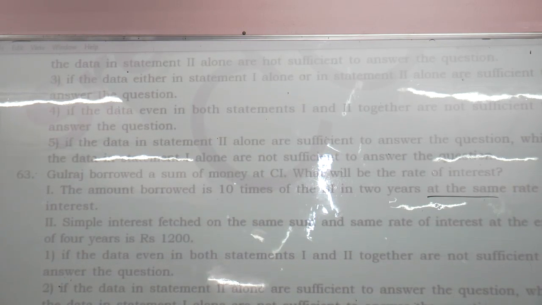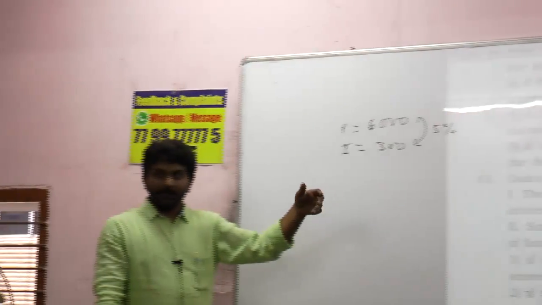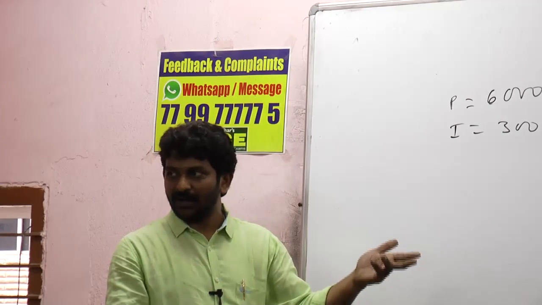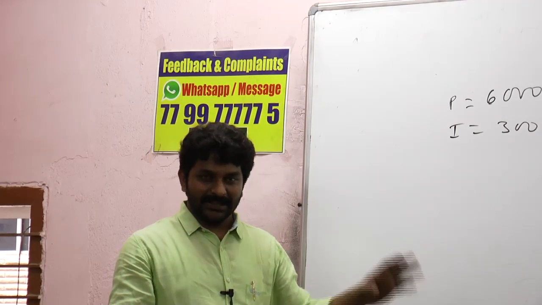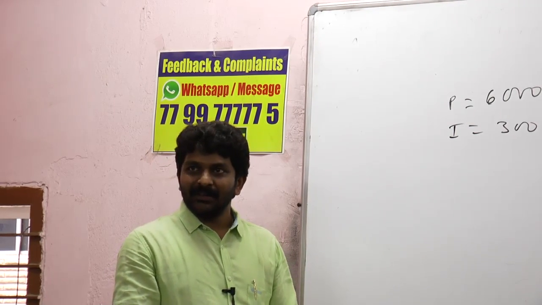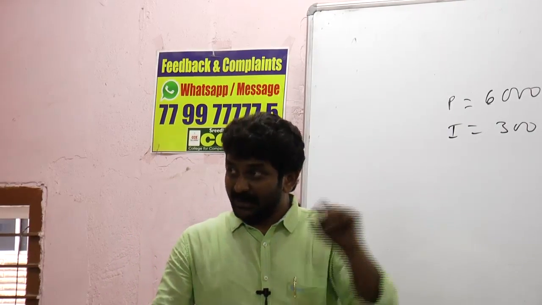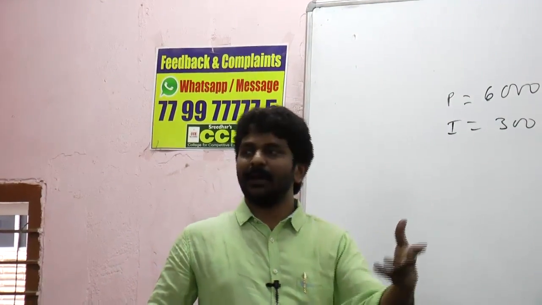Don't worry about the type of compound interest that we are doing here. Maybe compounding annually, compounding half yearly, compounding quarterly, that is not given. They just said compound interest. If it is compounding half yearly or compounding quarterly, they need to mention it. If not mentioned, by default that will be compounding annually.